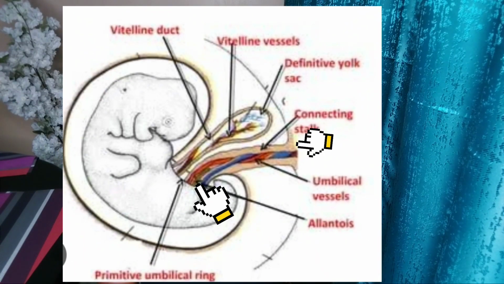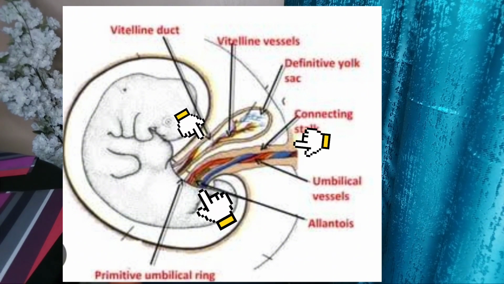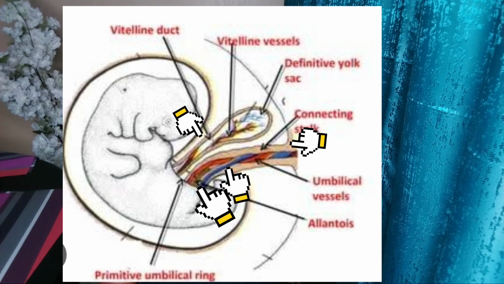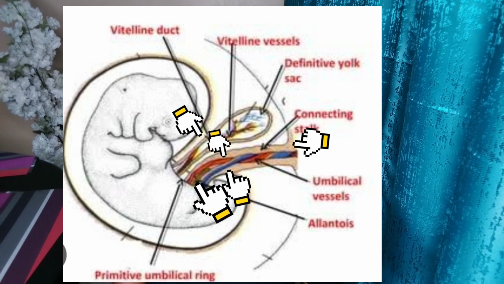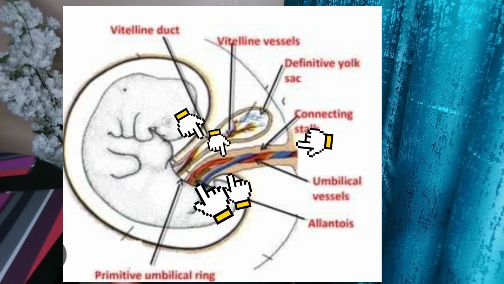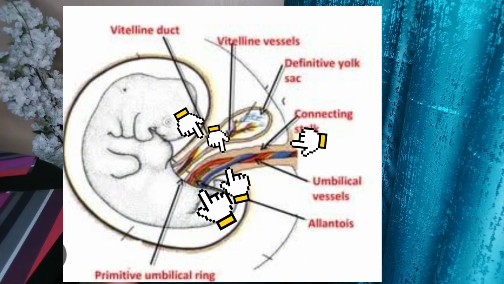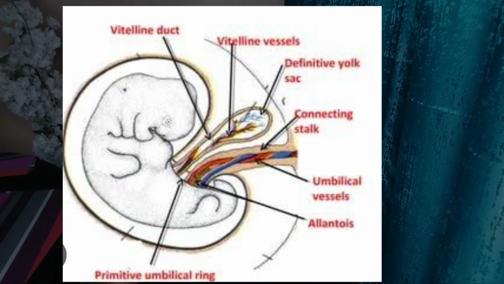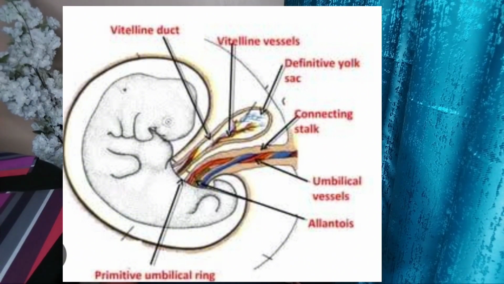These 3 structures that we have so far formed, that is the body stalk, the allantois or the allantoic duct, and the vitelointestinal duct, together with the 2 umbilical arteries and 1 large umbilical vein, form the entire structure of the umbilical cord. At the 4th week of gestation, when the unborn child is still in the uterus, the amnion